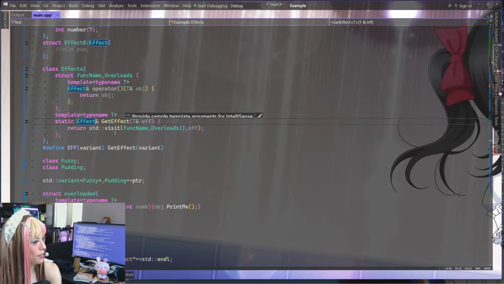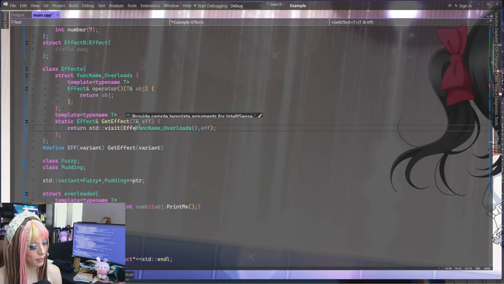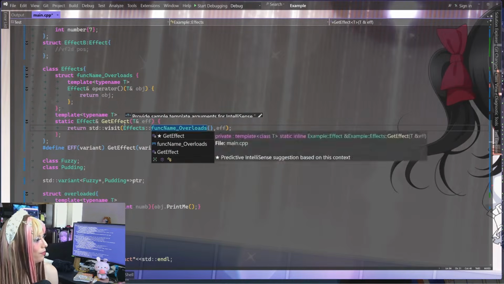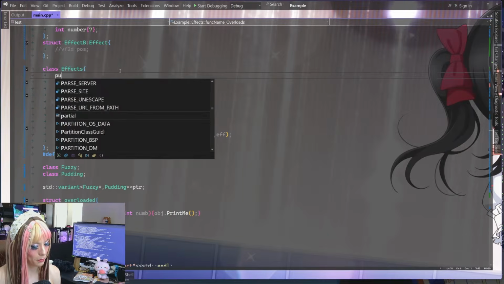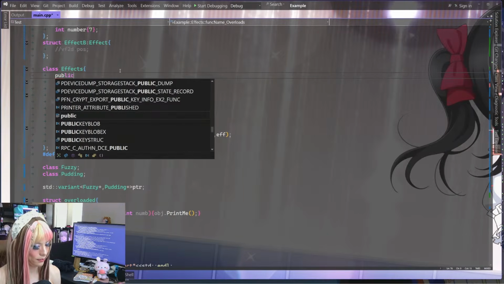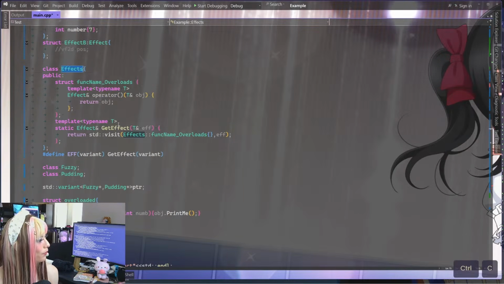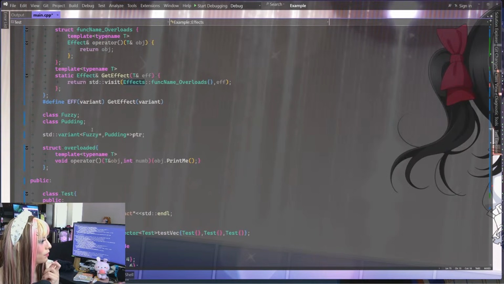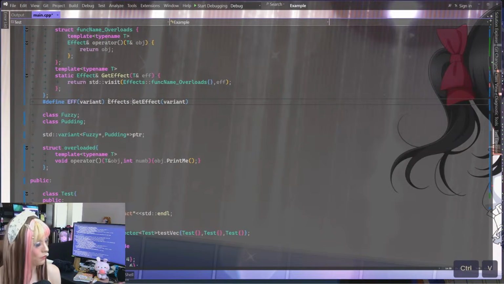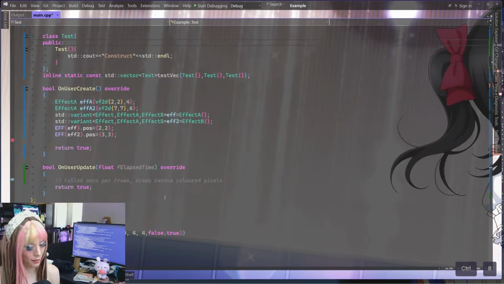How does it know these are the functions that exist inside of effects, if I had to do it like this? I don't know if it does. Also, I guess these would have to be public or something. Like effects, get effect. It would look like this, right?